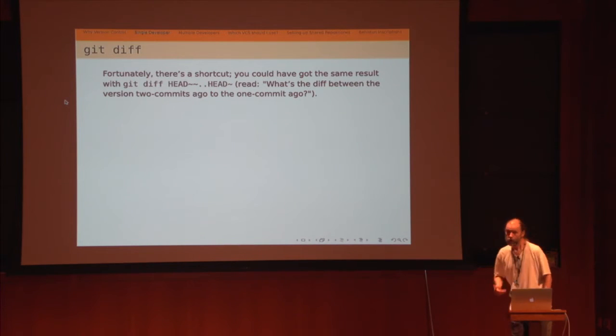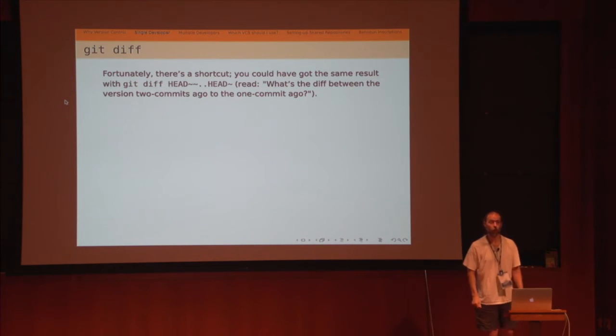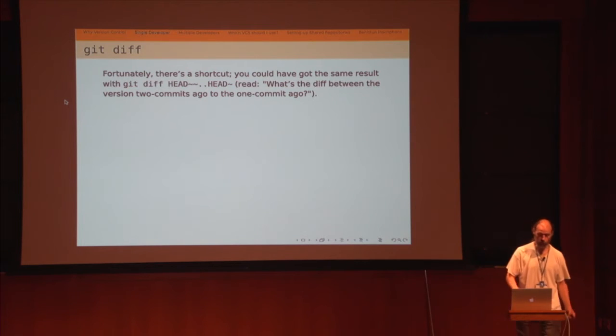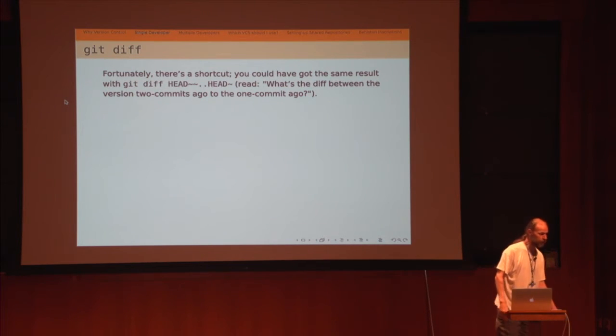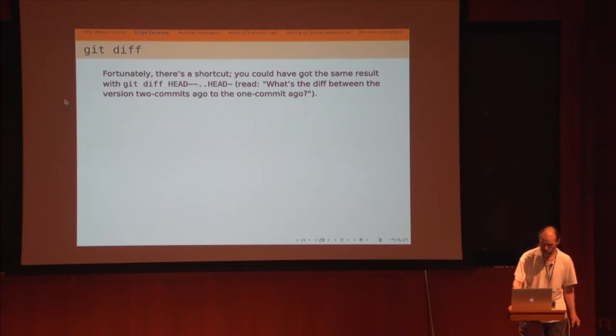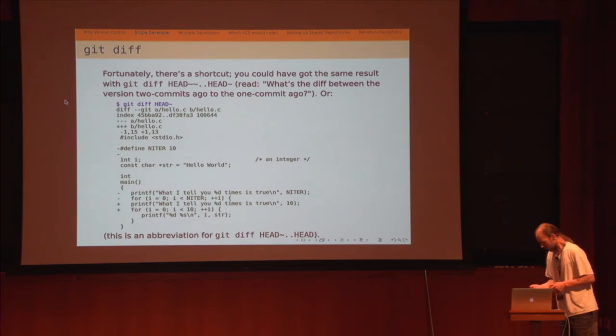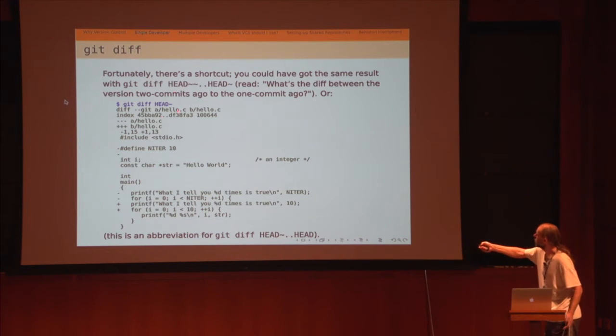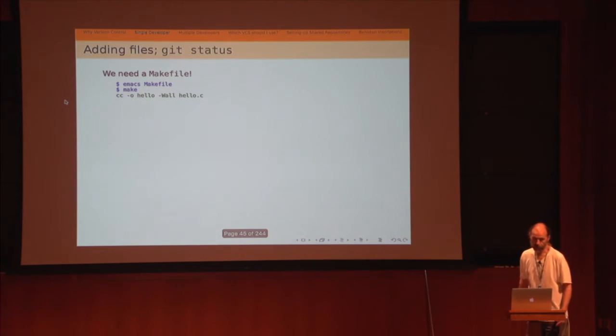That's kind of useful. Say you've broken something. You want to know what you've broken. Well, you want to go back and look at it. Ideally, the commit message says, I broke it. But generally speaking, people don't say things like that in commit messages. So, here's the difference between my previous version and my current version. That's also quite useful. So that's one thing we've gained.